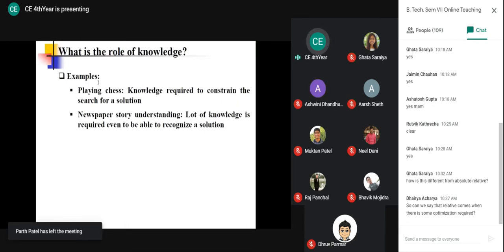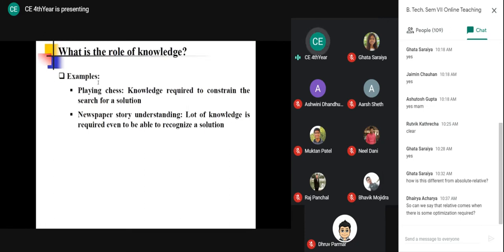So instead, when a question is asked, you have to think: I want to solve this problem, then how much knowledge is required? Whether more knowledge or less knowledge is required, you have to give the answer in that way. How much knowledge is required, and why? Suppose you answer less or more, then you also have to mention why this type of knowledge is required. In the exam, you have to give the answer like this.